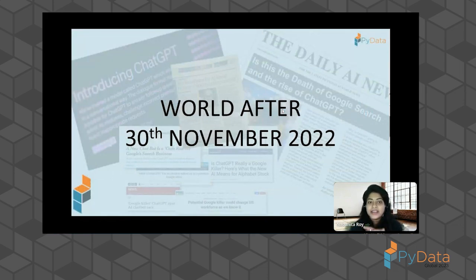Starting with this massive blowout that we got after the introduction of ChatGPT, the world changed after 30th of November 2022 when ChatGPT was released. We got a lot of news ranging from how accurate the responses are, to how it's going to snatch all our jobs. Is that the end for Google search engines? But in the process, we figured out that having GPT or the LLMs is a boon for